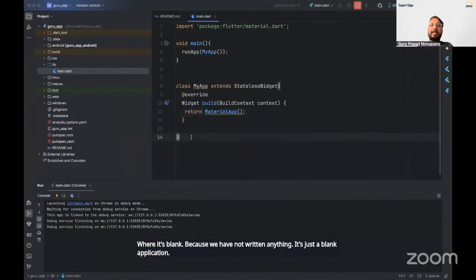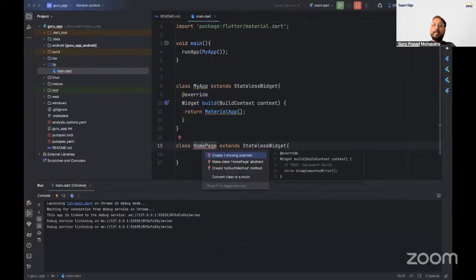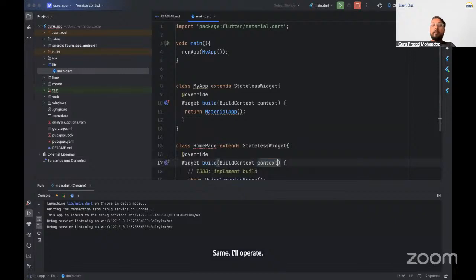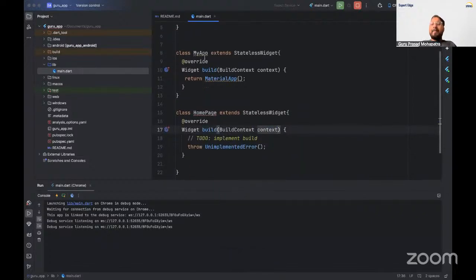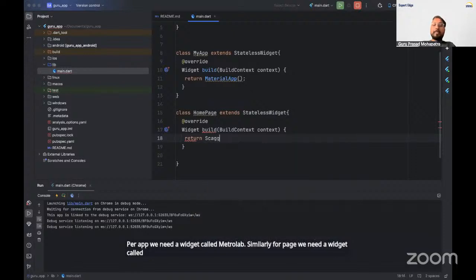Then we'll create our first page. I'll write class HomePage extends, same StatelessWidget. I'll override. For an app, we need a widget called MaterialApp. Similarly, for a page, we need a widget called Scaffold.